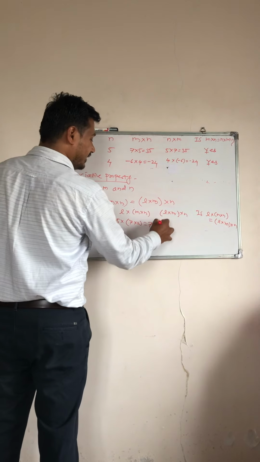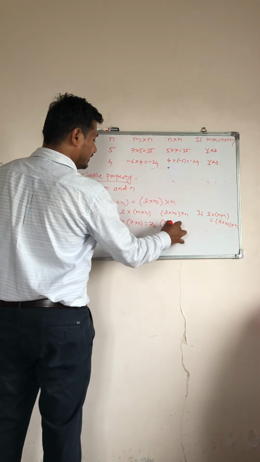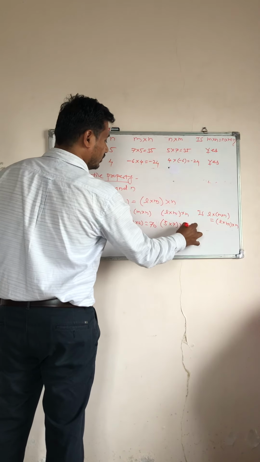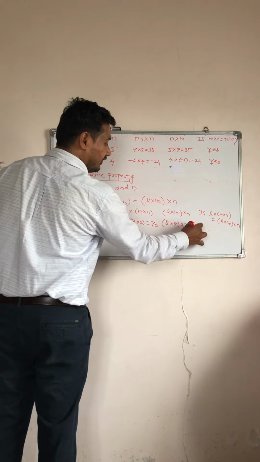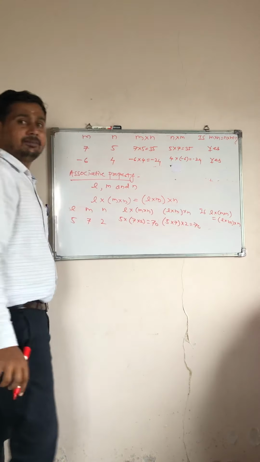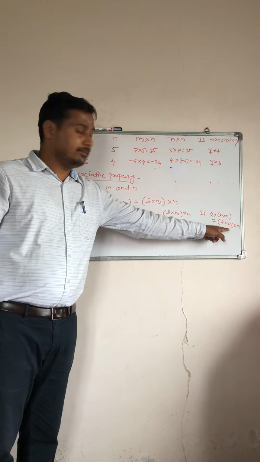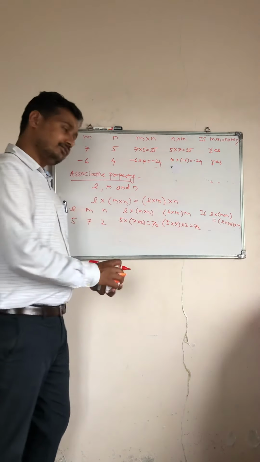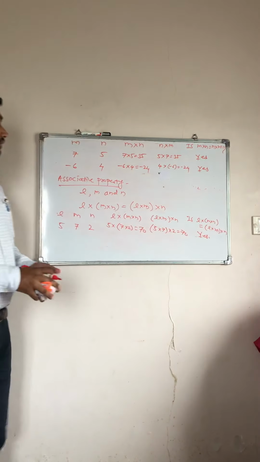Then again we will check. L is 5, M is 7, N is 2. 7 times 5 is 35. 35 times 2 is 70. So yes, L multiplied by (M multiplied by N) is equal to (L multiplied by M) multiplied by N. So the answer is yes. It means this process